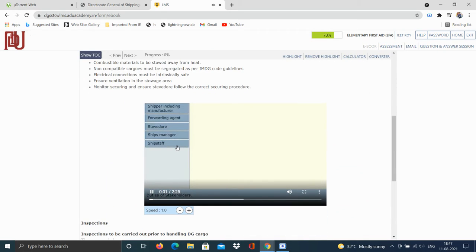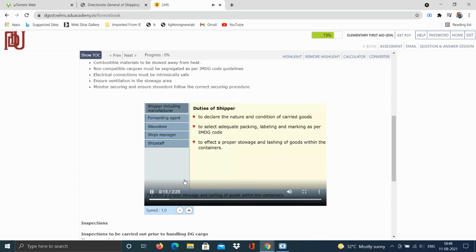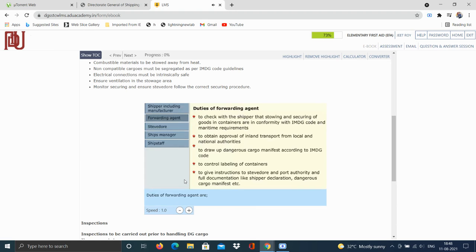Duties of stakeholders. Duties of shipper are to declare the nature and condition of carried goods, to select adequate packing, labeling and marking as per IMDG code, to effect a proper stowage and lashing of goods within the containers. Duties of forwarding agent are to check with the shipper that stowing and securing of goods in containers are in